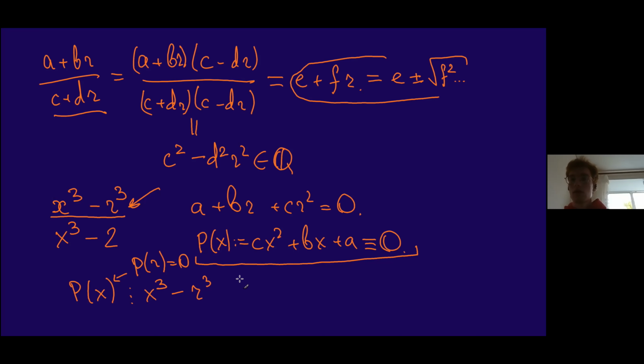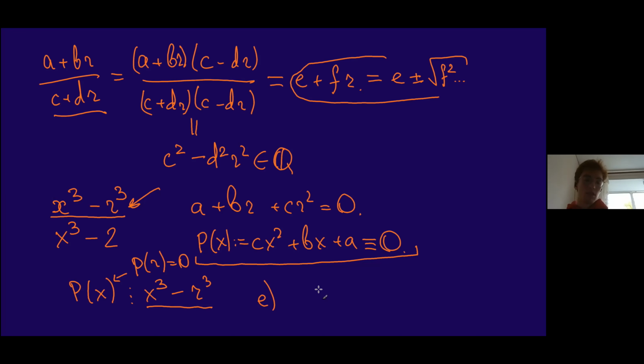Well, this means that any root of this polynomial is a root of P, and this concludes the solution of D. What is more interesting is the solution of E,